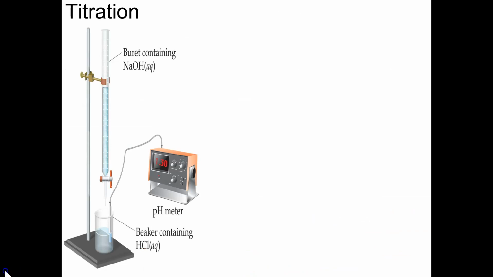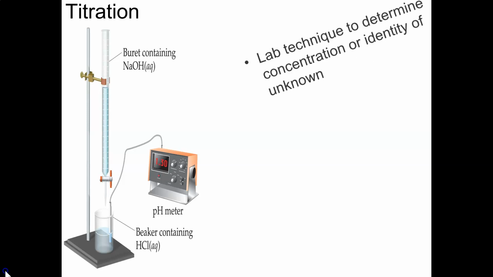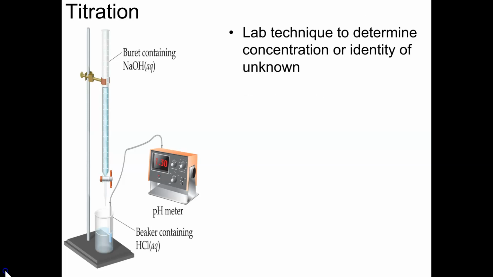Titration is when you're trying to neutralize a substance, and it's primarily used to determine the concentration of an unknown chemical. So there's spectrophotometry, which you use for colored solutions to determine the concentration. Use titration